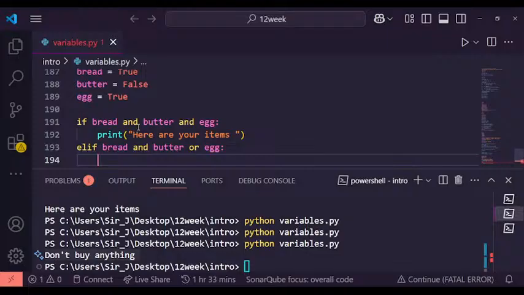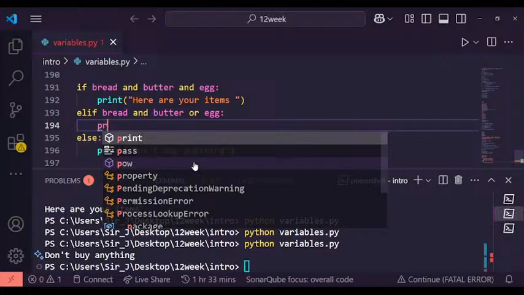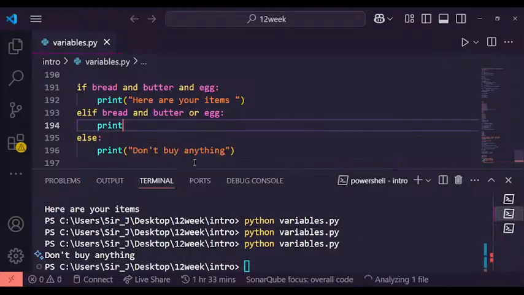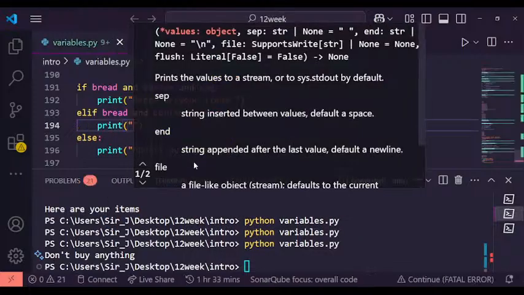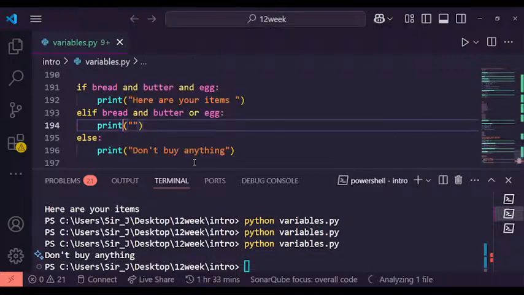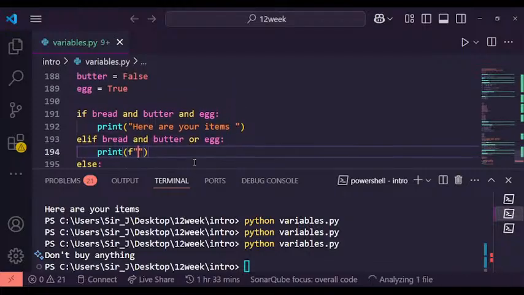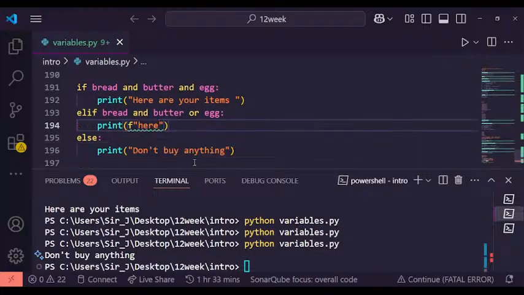This scenario can be different depending on what your user wants or what your company wants you to build. So now I will print, I'll format it